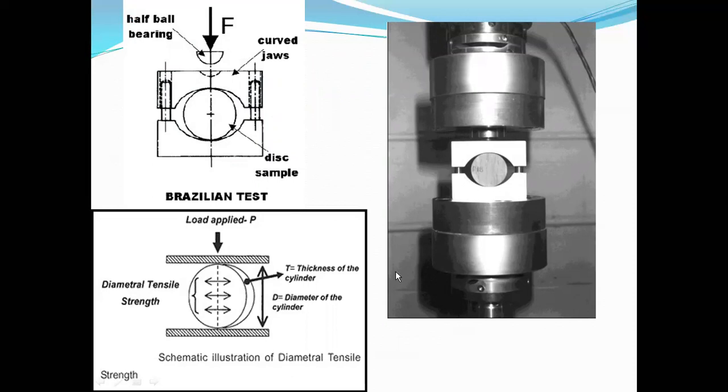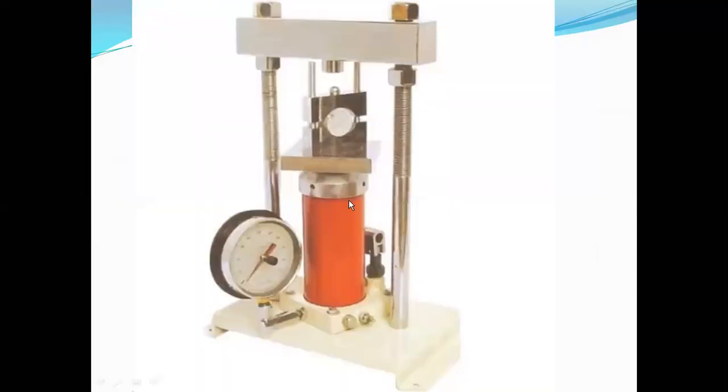What happens in this diagram? Even though you are applying the load from top to bottom, which is compressive in nature, the specimen fails at the center by tension. This is how the loads act. By applying a compressive load, we determine the corresponding tensile strength in an indirect way. In the lateral direction this force is acting, so from this we determine the value. That's why it is called the indirect method of determination of tensile strength of the specimen. Let's go back to the previous slides. One second.